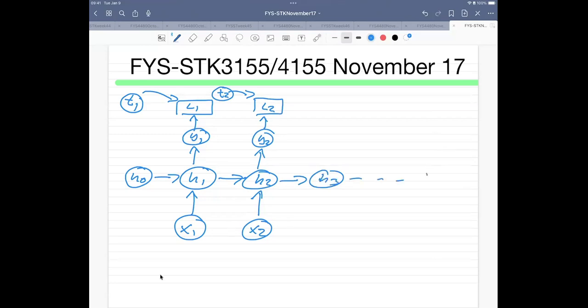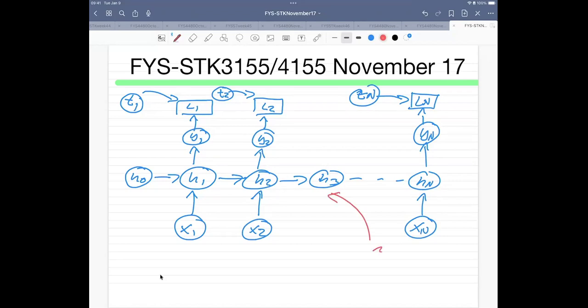And this can just go on till the final unit, H of n. And we have a final input here. So this could be us feeding something into the system, which then changes the state of the system. We then train, and then we have a new output, Yn. This feeds into a new loss function, Ln. And this has an observation which we want to reproduce. So these units which you see here are normally called the recurrent units.